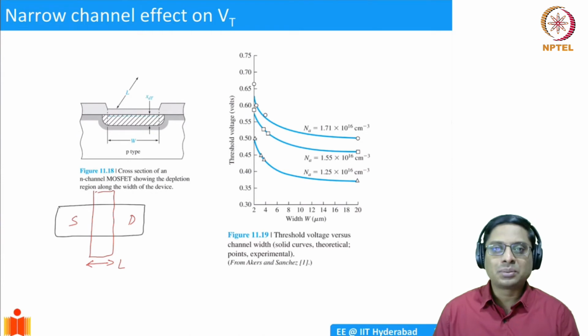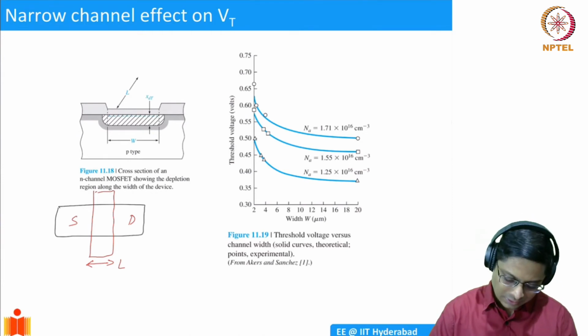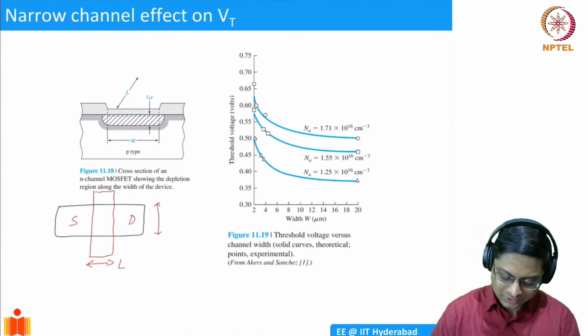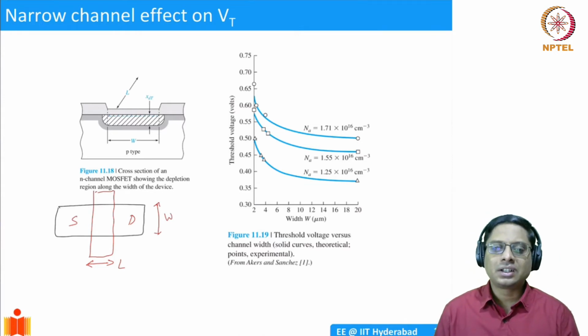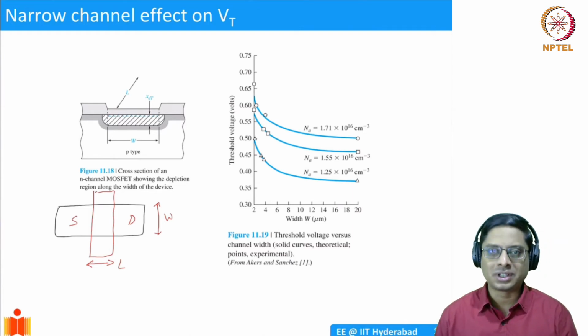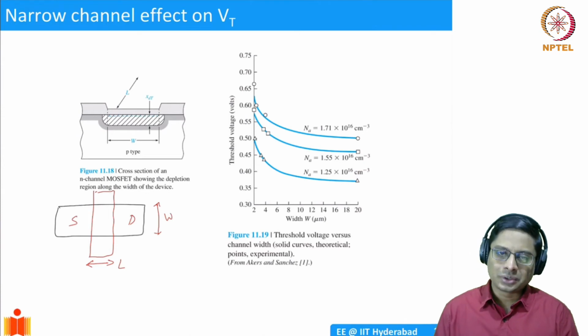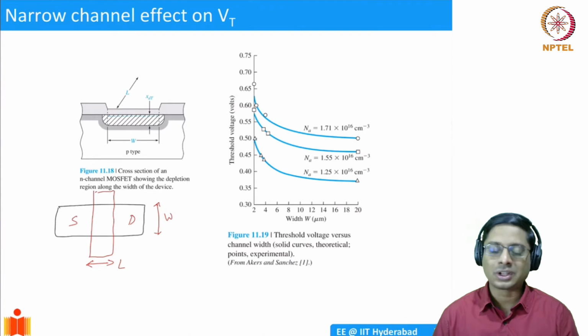But then another important feature is the width. If you increase the width of the transistor, then more current flows, right? But then if you're scaling down the width as well, both length and width are being scaled. So what happens if you go to smaller and smaller widths? Okay. So here, the VT behavior is exactly opposite to the short channel. If you make a narrow channel, that is, you make it less wide, the VT increases rather than decreases like in the previous case.